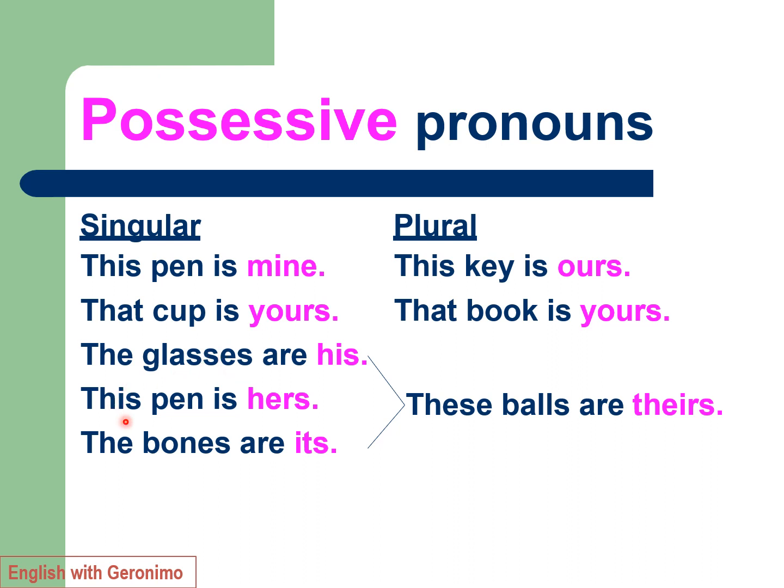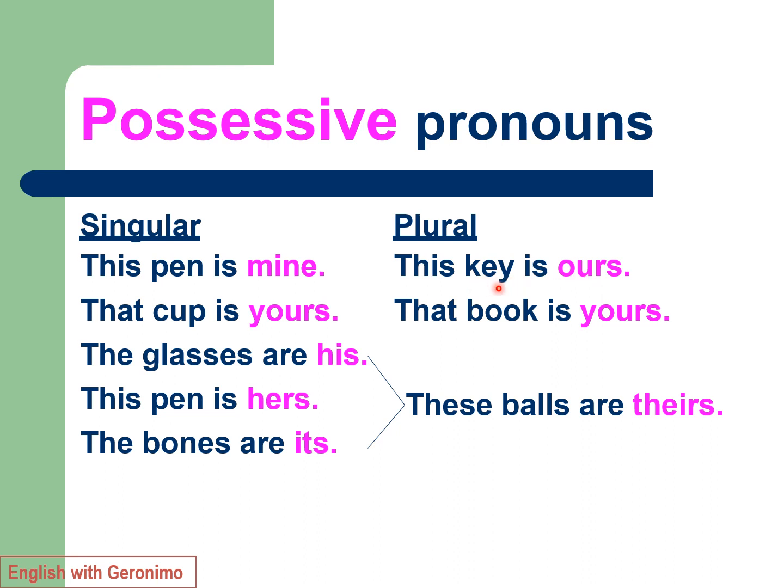Number 4, this pen is hers. Now hers here is a possessive pronoun, which shows ownership of the pen. Next, the bones are its. So its is our possessive pronoun, which shows ownership of the bones. So for our plural form, we have the first sentence, this key is ours. So ours here is our possessive pronoun, which shows ownership of the